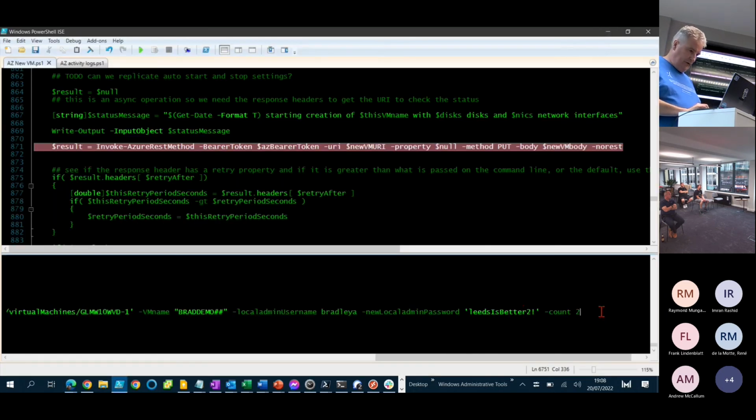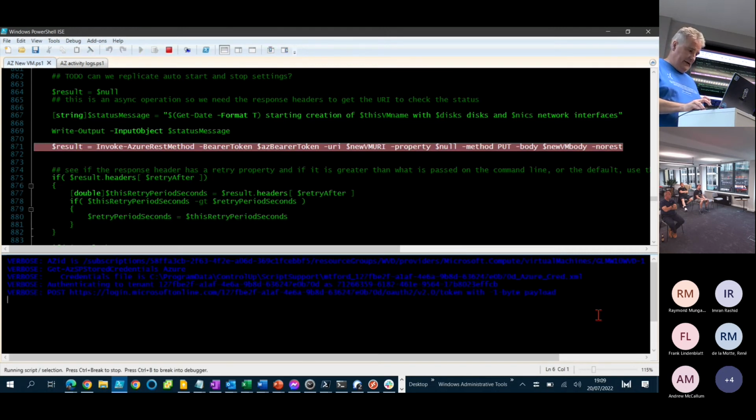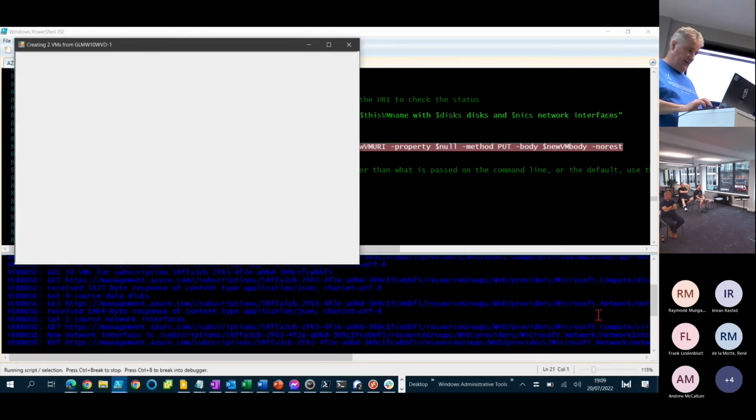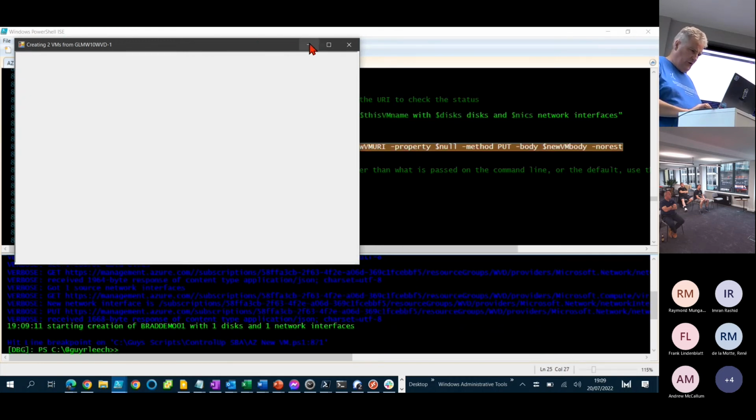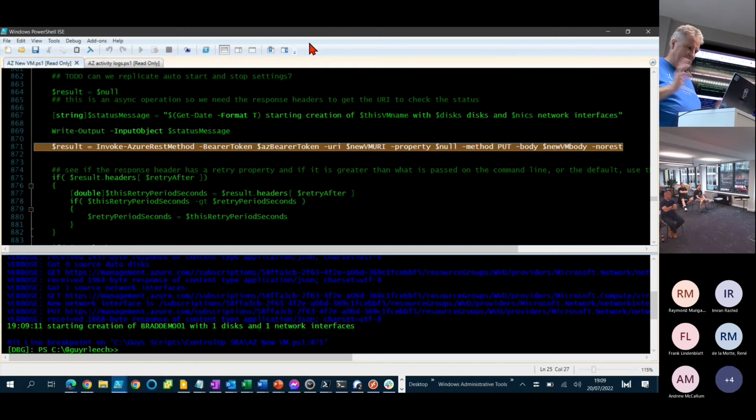So what we'll do here, hopefully I've got my breakpoints set properly again, so we can look at the continuation stuff. So this is going to go away, do some stuff, do some authentication. It actually creates a GUI. That's because I've written this for Control Up, whose current mechanism doesn't display anything until the script's finished. So you're going to sit there thinking, what's going on? It's taking a long time. And then 10 minutes later, it pops up, successful or fail. So I wrote a GUI that pops up alongside their console